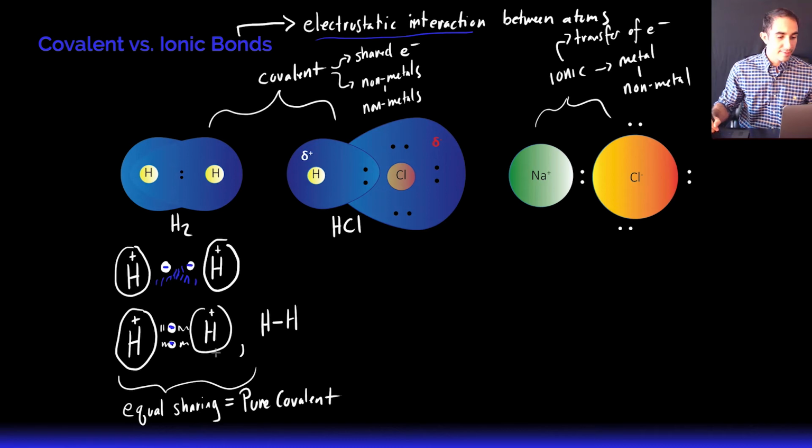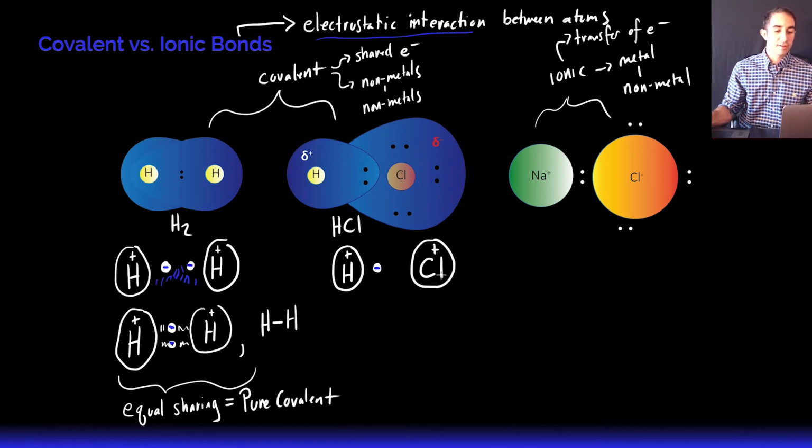So let's draw that same kind of diagram here, where we're going to have the H plus, the positively charged nucleus, and that one lone electron. But then chlorine over here on the right is also going to have a positively charged nucleus. In fact, it's going to have a lot more positive of a nucleus because it has more protons. But then it's going to have its 7 valence electrons,